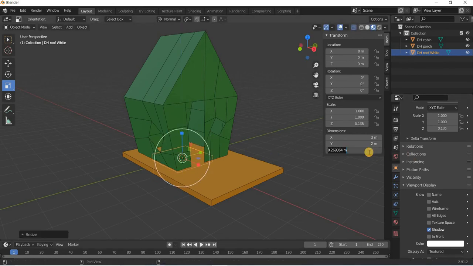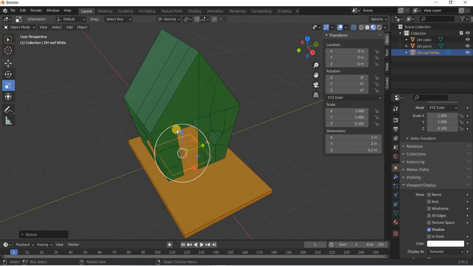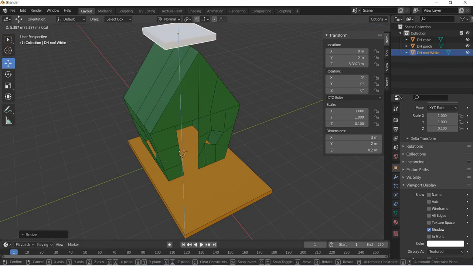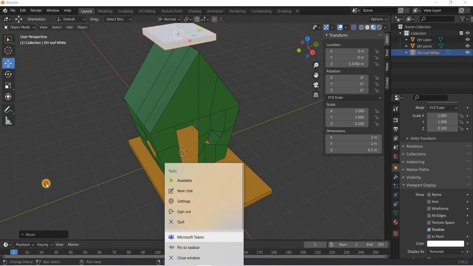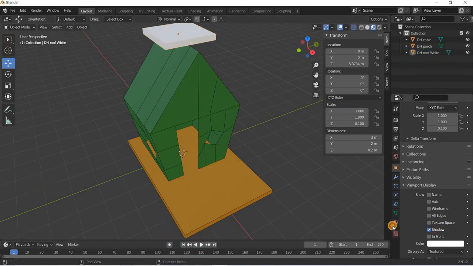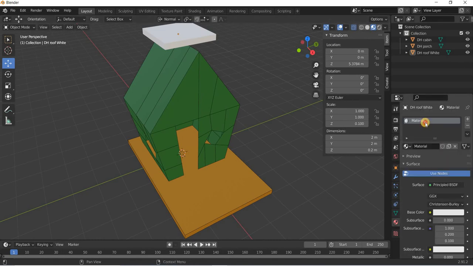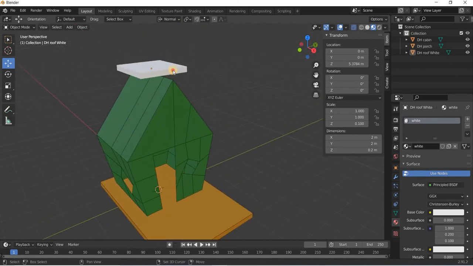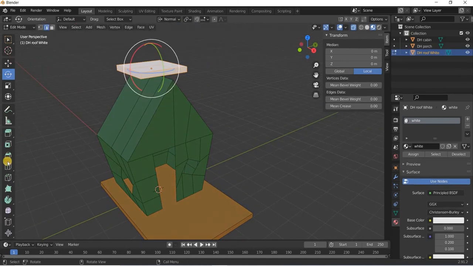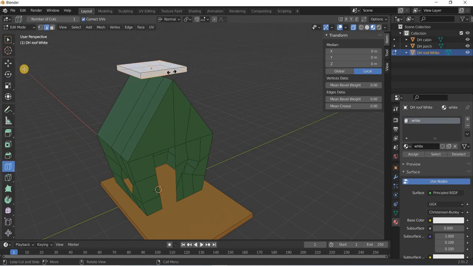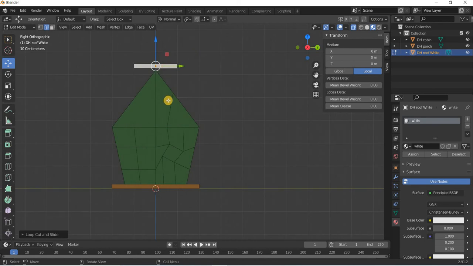So again, height will be 0.2, and we will move it up. Okay, new, and we'll just name it white. There's a white material assigned to that. And then tab, and then we will add a segment here, and then go to 3,